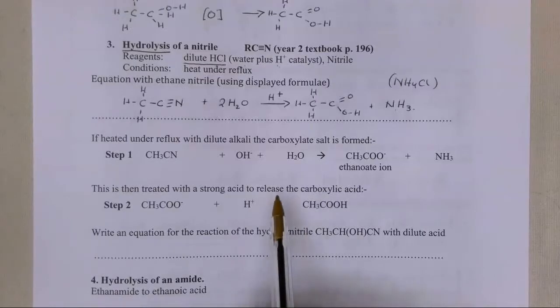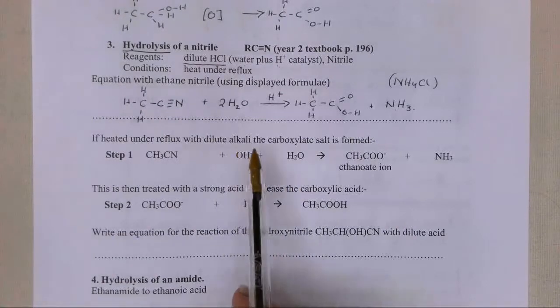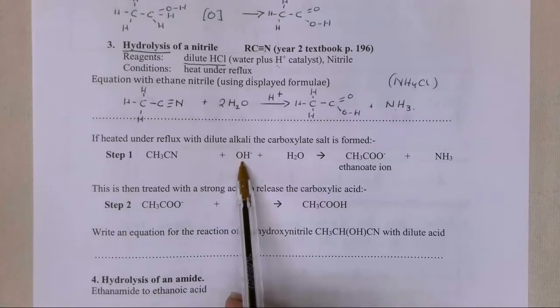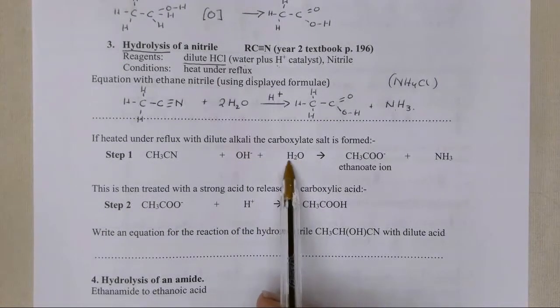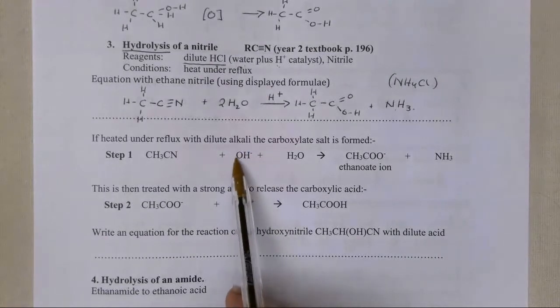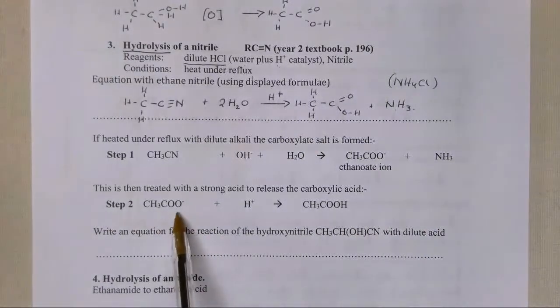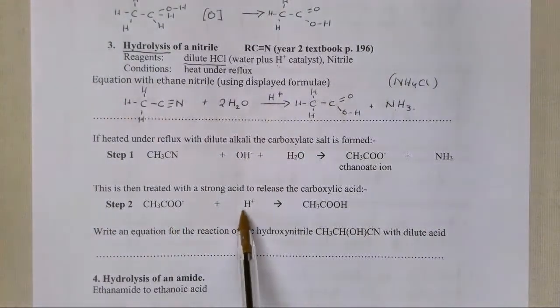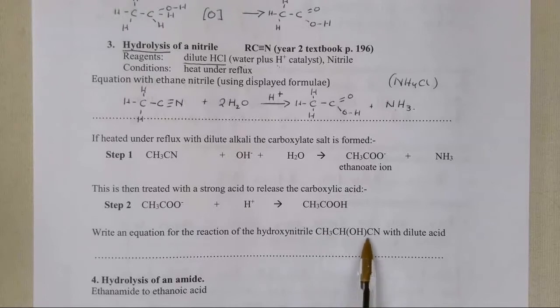Not only can I do an acid hydrolysis, I could also do an alkali hydrolysis, where in this case it is the alkali ion which is acting as the catalyst. I've still got my water. Now because I've got an alkali present, I'm going to end up with the salt, the ethanoate ion, so then I would have a second step here to add some acid to turn it back into the free carboxylic acid. Okay, so this works with all